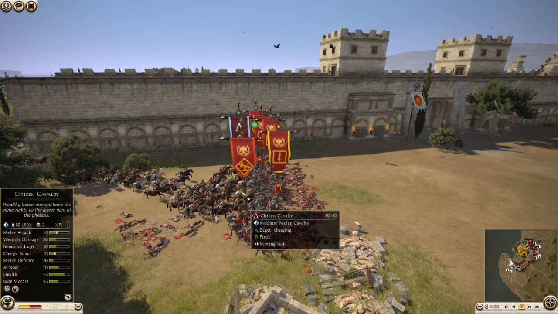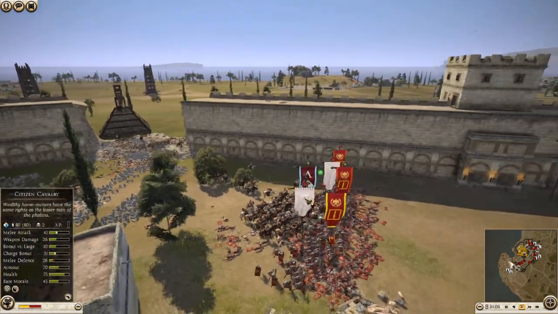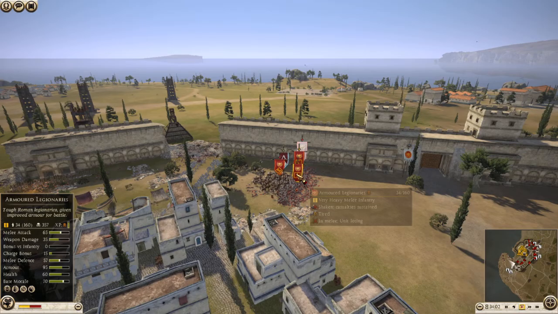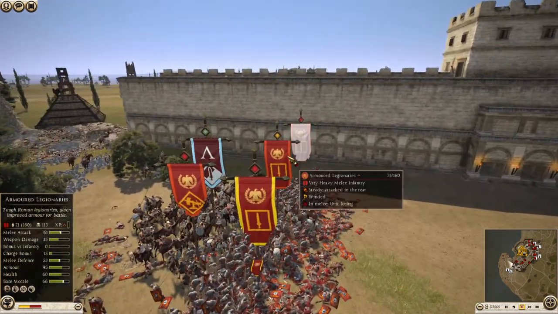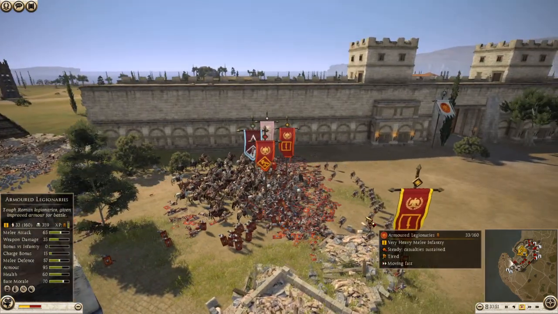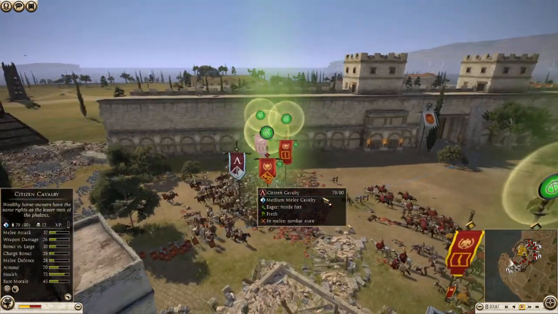Oh, the Spartan cavalry charges into the rear of this unit. This is a fantastic use of the cavalry. Brilliant use of the cavalry. Now bring them back out and charge back in. I think these armored legionnaires are going to manage to survive, and these are such good legionnaires. I've rarely seen them hold that much. They're falling back to give them a chance to recover some energy, but these citizen cav...